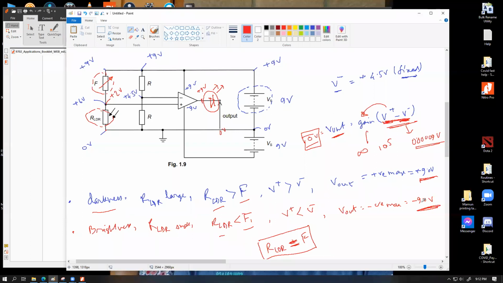Sir, is it always fixed that this kind of value will come? No, this is not fixed. This is not a 9 value. For 9 volts, I am considering 10 to the power -5